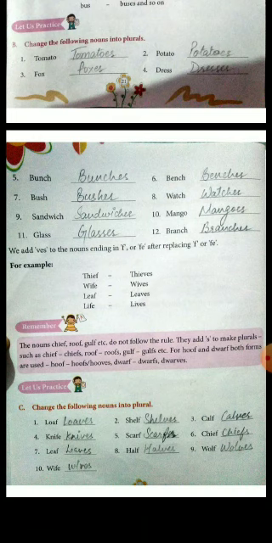And the same thing goes for diary as well, puppy and story also, because we have to check the last letter. If the last letter is Y, then we have to check the letter before Y, if it is a vowel or a consonant. If it is a consonant, then we add IES to it, and if it is a vowel, then we add